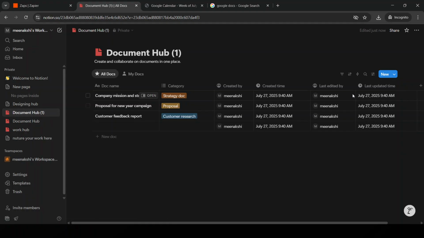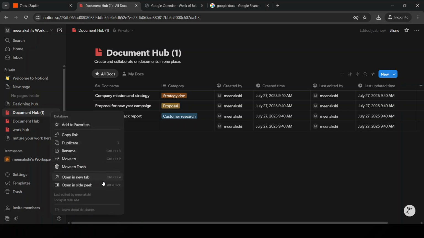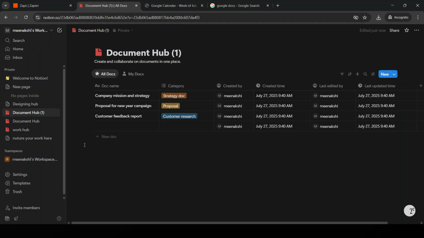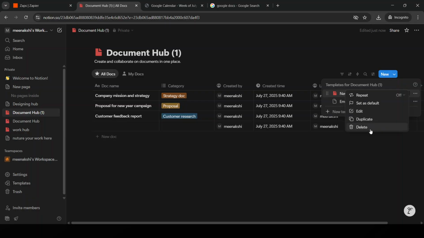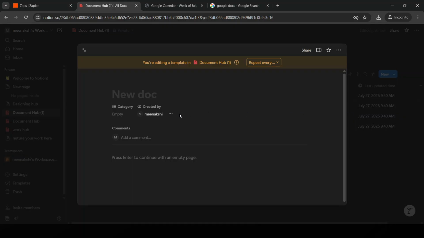Feel free to rename the duplicated template by clicking on it and typing the new name you have in mind. A good tip here is to give it a name that reflects the specific purpose or project you have in mind, making it easier for you to identify in the future. Notion allows you to rename pages and templates quite easily, fortunately, without losing any of the data or setups you've